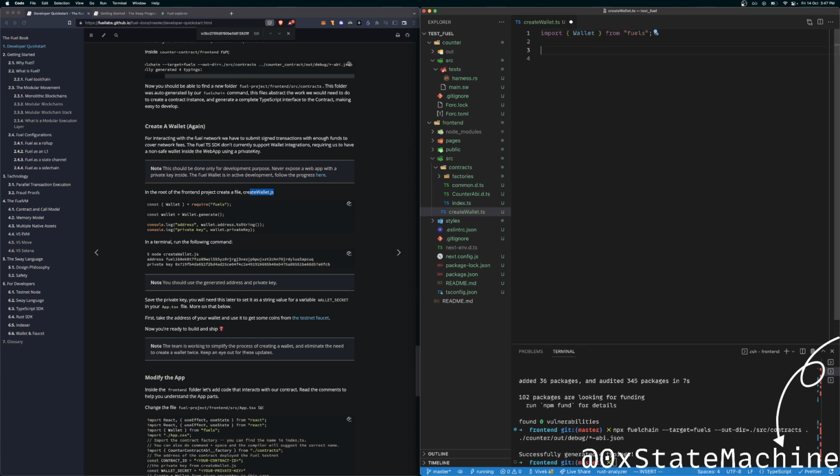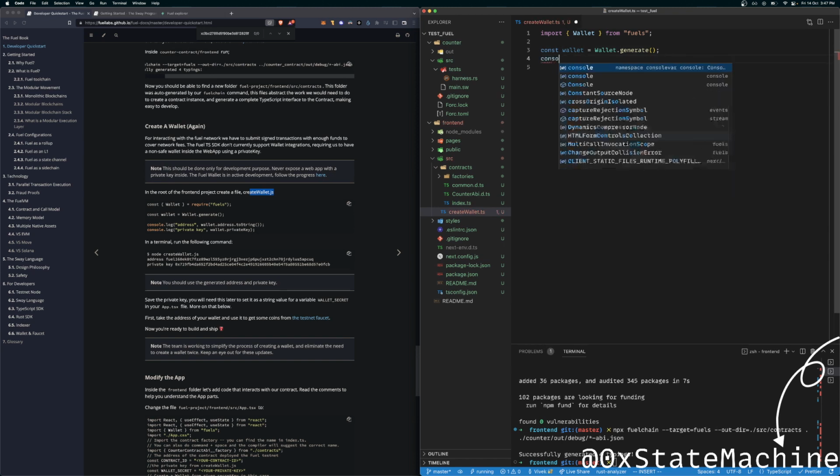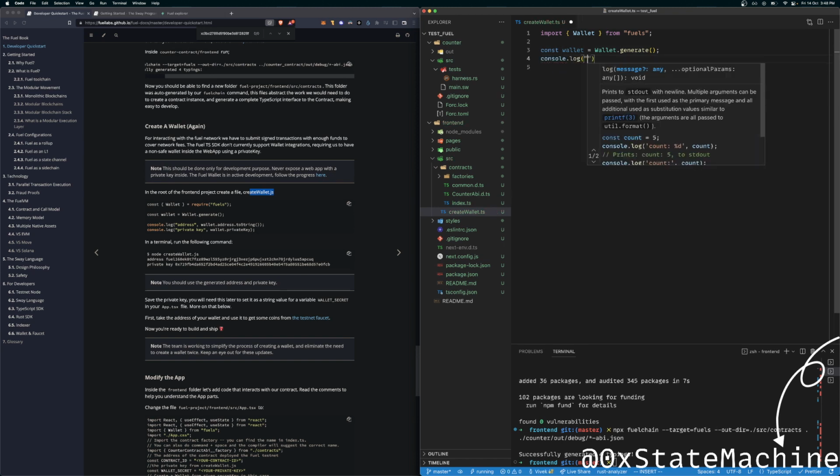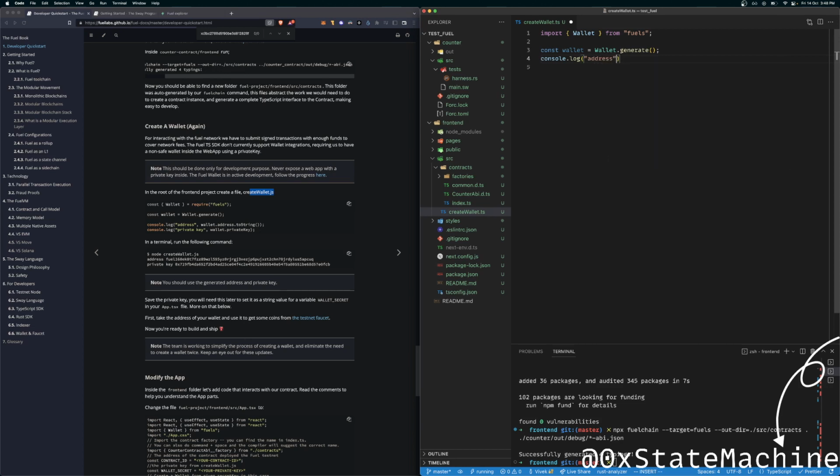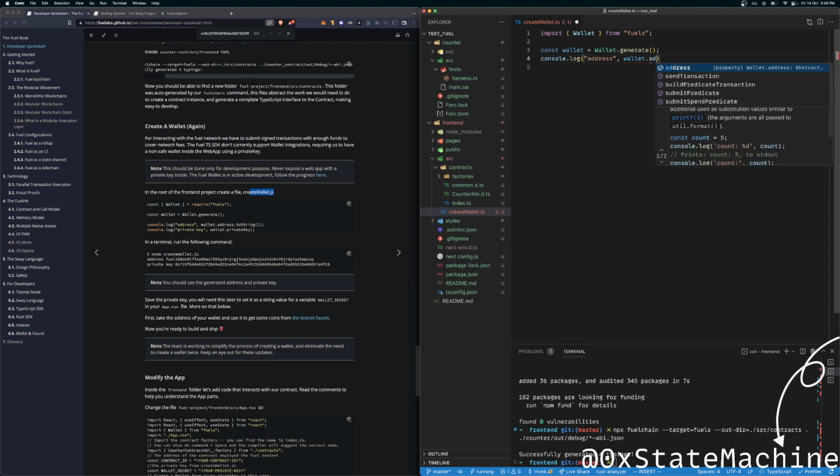Import wallet from fuels. Then you create, oh, this creates a wallet. Ah, so this is like we are creating sort of burner wallets. Interesting. Wallet dot address dot toString.